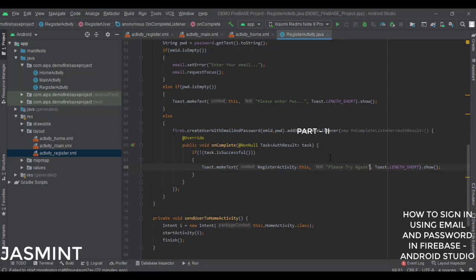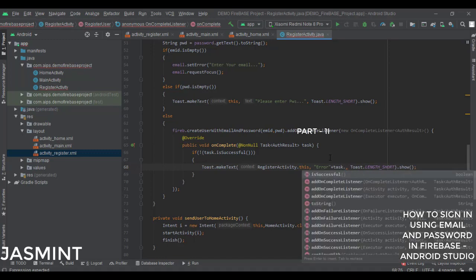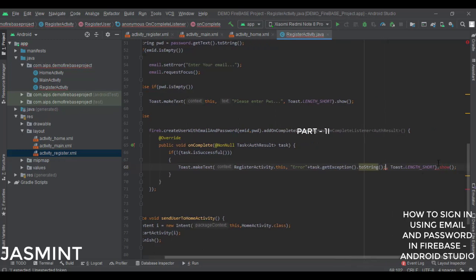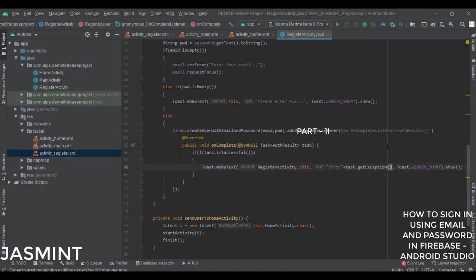Or you can simply write error plus task dot get exception dot to string. So what it will do is it will tell the user what error he has committed. Okay, so dot show. We'll have to simply write dot get exception in order to prevent the error. So that is if the task is not successful.